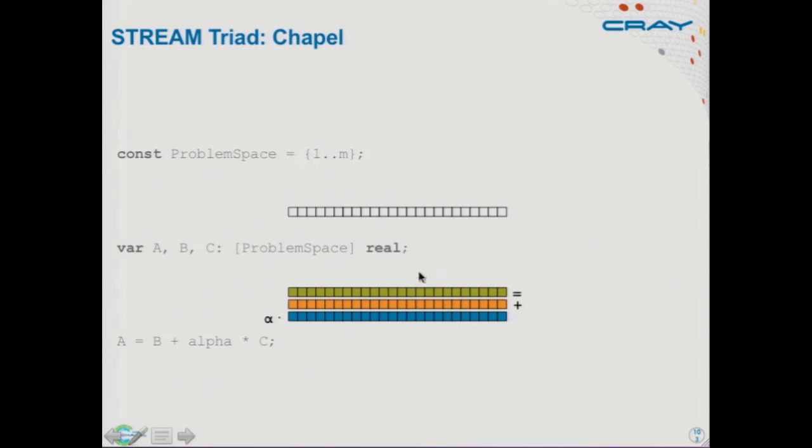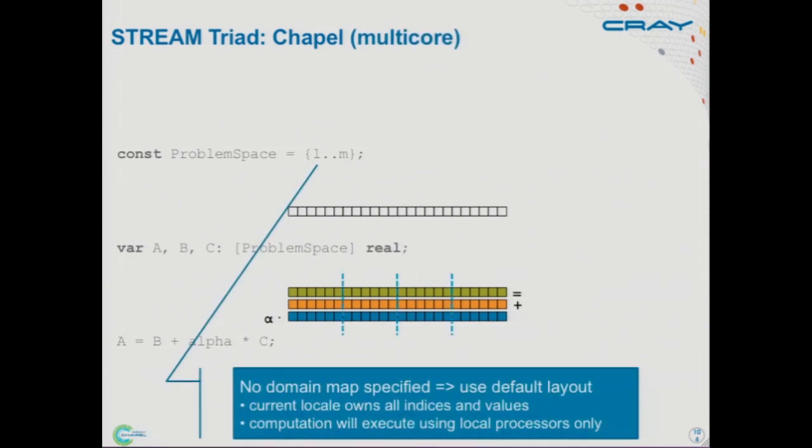And so now we ask the question, how is this actually going to be implemented on the machine? And the answer relates to the fact that when I declared this domain, I didn't specify any domain map for it. I just declared the domain. And so what's going to happen in the implementation is that there's always a default domain map that, if you don't specify one, the implementation will fall back on instead. And in our current implementation, the default domain map always targets only a single locale. So you'll never end up with a distributed memory data structure unless you explicitly request it.